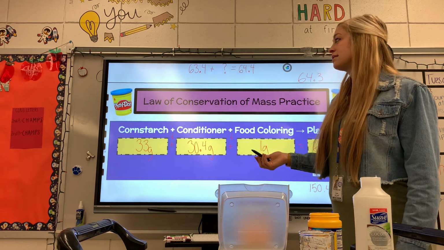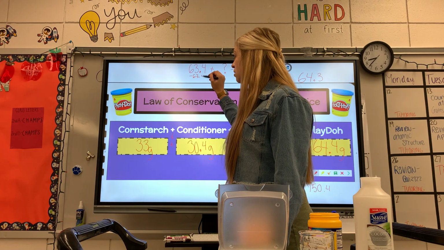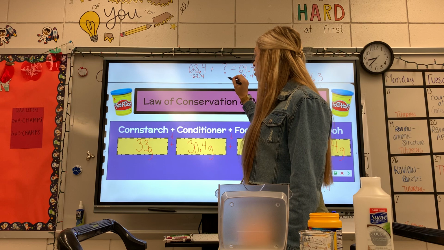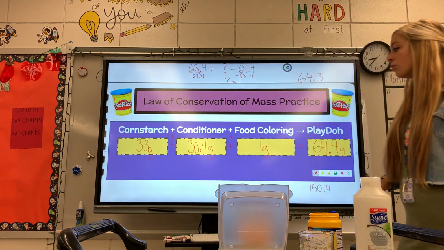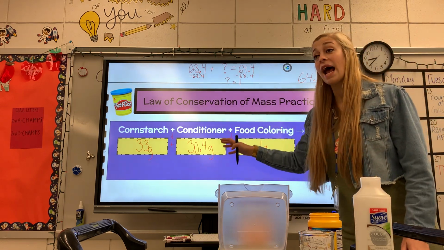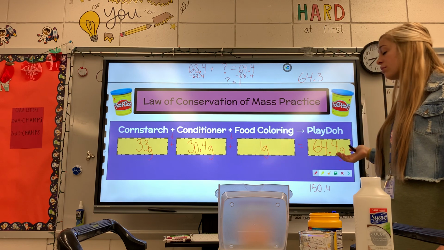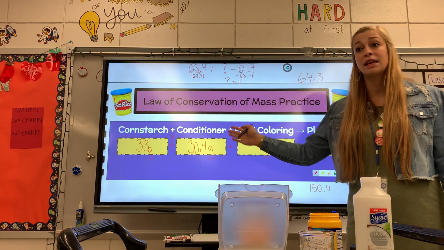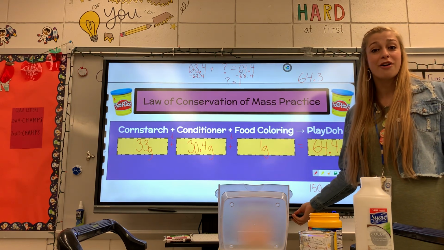Think about math class. You would subtract this from both sides. Cancel these out. And you would get that your question mark equals 1. So because we know this side has to equal this side, the mass of your reactants has to equal the mass of your products, you can solve for any missing mass, whether it's a reactant or a product. That's what the law of conservation of mass